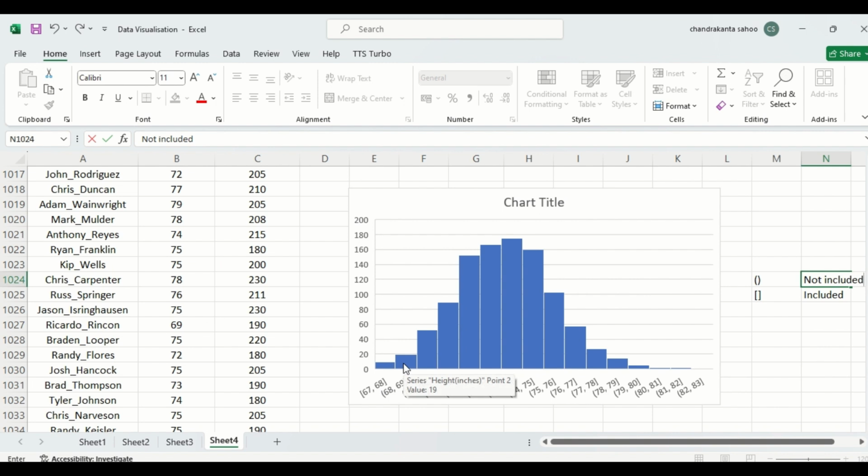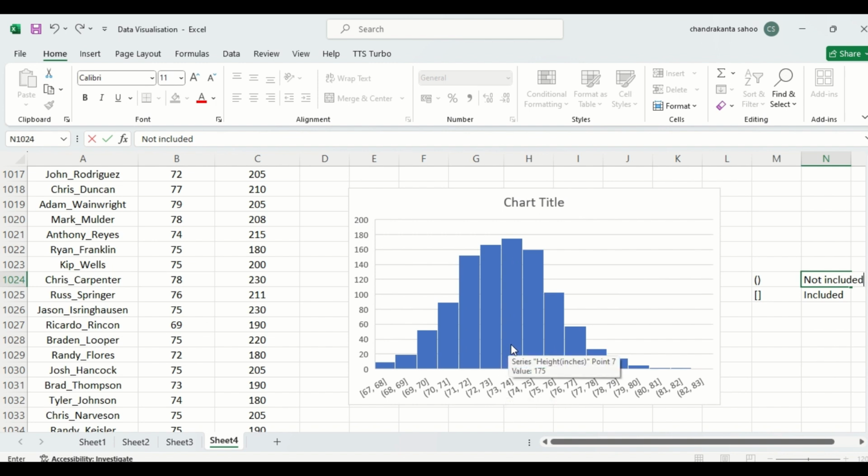Then 68 and 69. There is one round bracket. Round bracket means it's not included. That means this 68 is a part of this first column. Similarly, if you see 70, 70 is a part of this third column. That means that is not included. Accordingly, we can see, most of the people from this category, 73 and 74, are